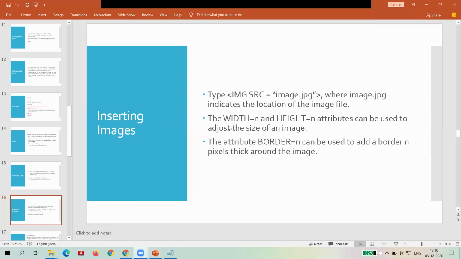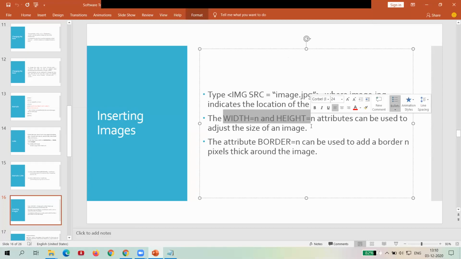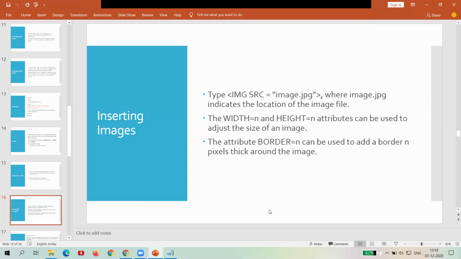Okay, let's go for the attribute. So we have two attributes, width and height. It means using the width and height you can adjust your image as per your requirement.